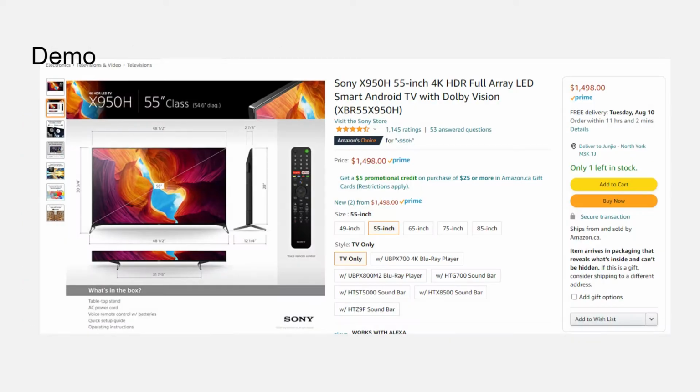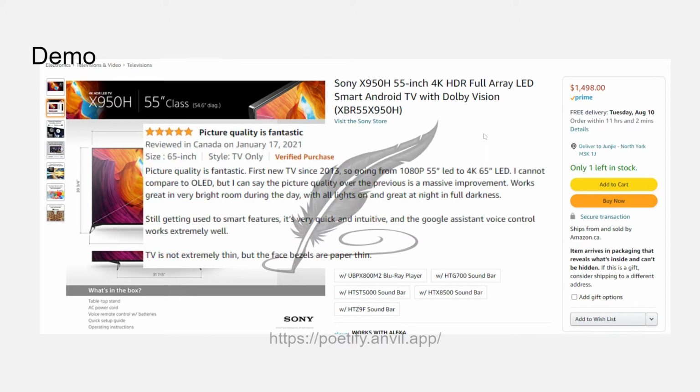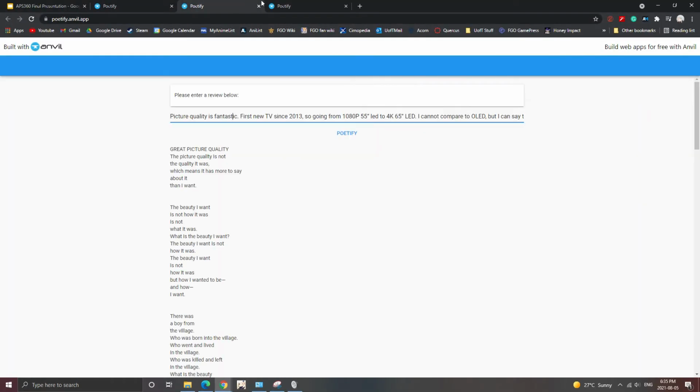Well, imagine you buy this TV, think it's a great TV, and you want to leave a 5-star review. You write up a review, but you feel that it does not have enough impact. What do you do? You Poetify it. You simply take your review and paste it into the window as the input, and as the output, you get back the poem. We can see both the poem and the review talk about the picture quality. We'll be going more in depth on this poem later in the presentation.